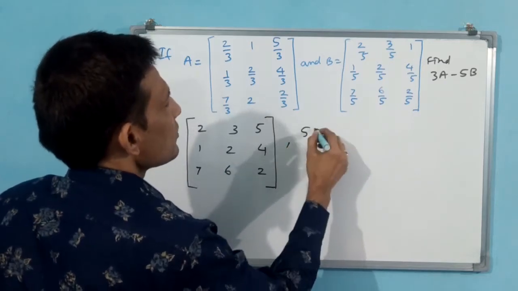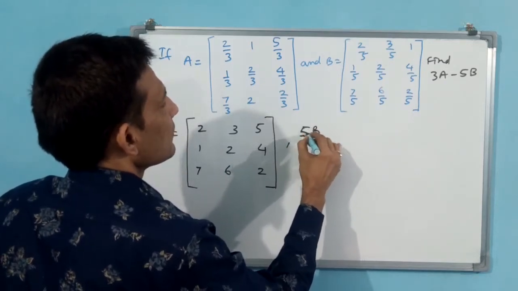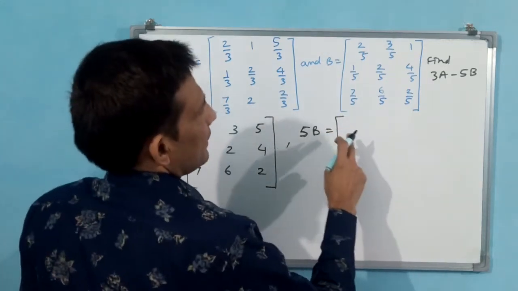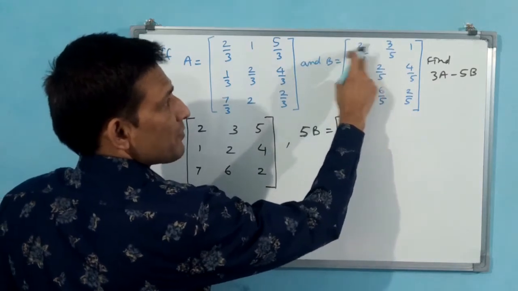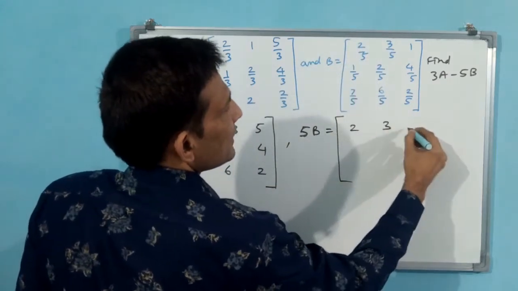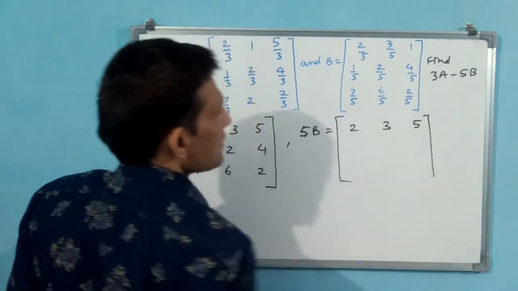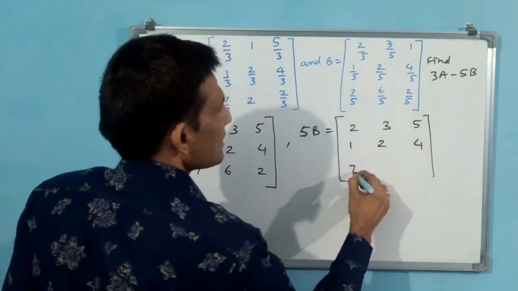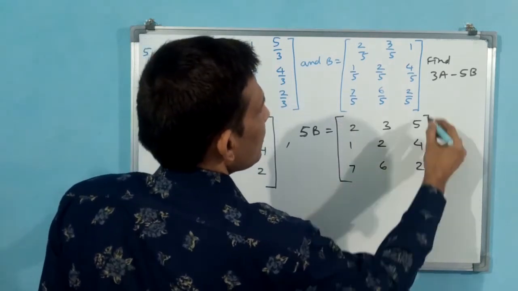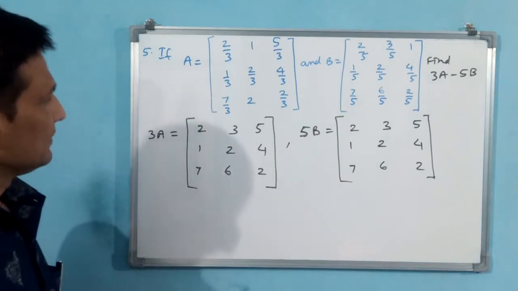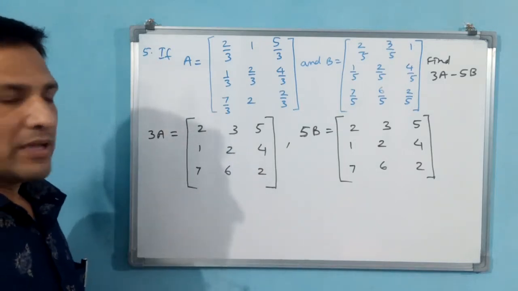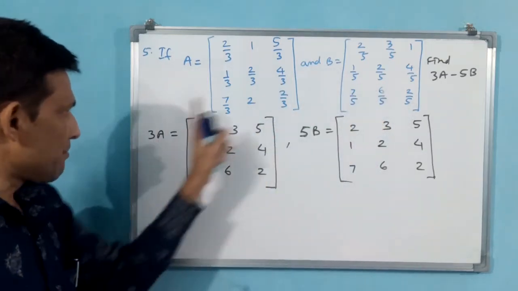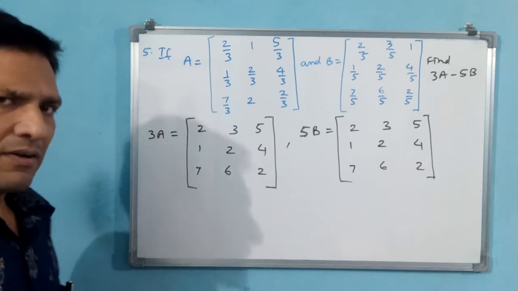Then you write comma, you put 5B. Okay, 5B is equal to. Now with 5 you are multiplying. 5 into 2 by 5 means 5 going to get cancelled, 2, 3. But here 5 will come. Why? Because 5 we are multiplying. Okay, now 1, now 2, now 4, 7, 6, 2. See these two matrices. Okay, 3A, 5B in front of you are side by side. Why? Because you see 3A minus 5B, left side, right side, well placed.